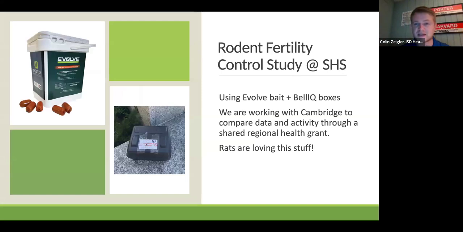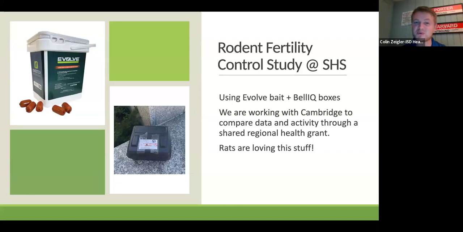Just for some context, the rodent problem is pervasive throughout many cities in the world. I recently attended the New York City Rat Summit, which brought in experts from many different places, many larger cities and backgrounds. Everyone's dealing with this. And it appears that Somerville is really leading the way on a lot of these issues in terms of the structures we have in place for enforcement, the education and materials that we distribute, as well as some of the experiments that we run with different kinds of baits and trapping and management.